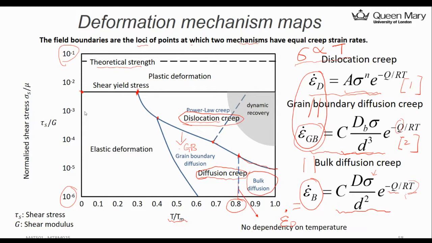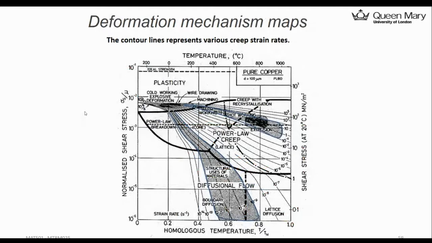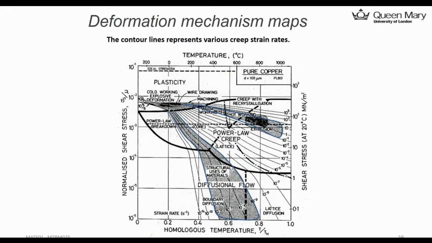And basically, the most important thing is to understand this mechanism. That's the idea behind this creep mechanism map. Okay. And there's a very complex map for a copper material measured from experiment. Just to give you the idea of how scientists plot this map from the measurements. So again, it's relatively similar things,